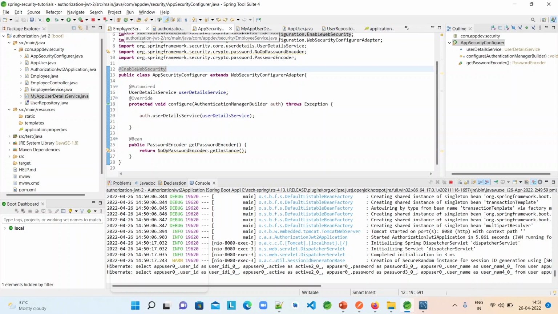If the user is not an authenticated user, it is redirecting the user to the default login form and asking the user to sign in. Once the user has provided the username and password, it is comparing what it has fetched from the database. If both are matching, then it is creating a session in Spring Security,